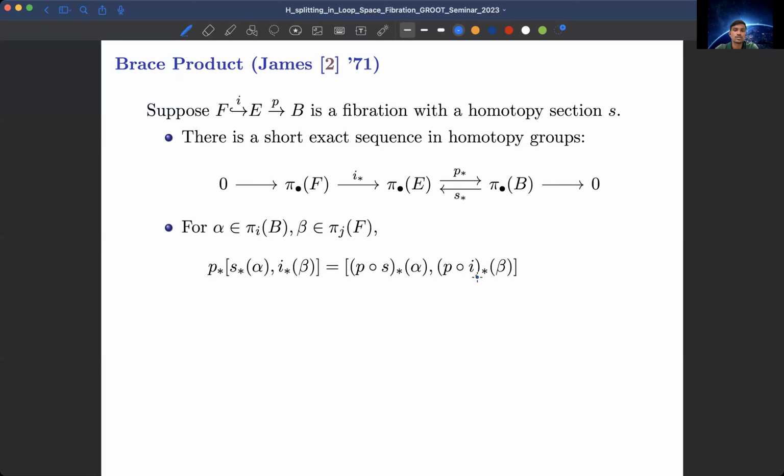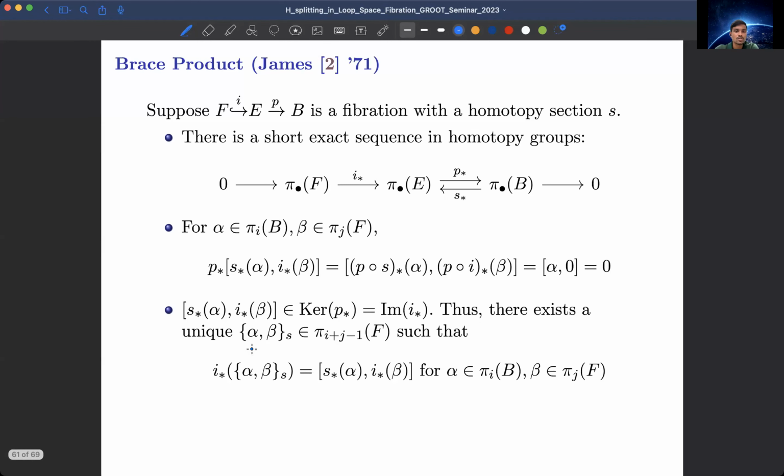So hence this is the Whitehead bracket of alpha comma 0, but alpha comma 0, that Whitehead bracket again, that is 0. So that means this Whitehead bracket of A star alpha and I star beta belongs to the kernel of P star. Now by exactness, that is the same as the image of I star, and I star is injective. So we actually have a unique element that we denote by this curly brace, alpha beta, with this